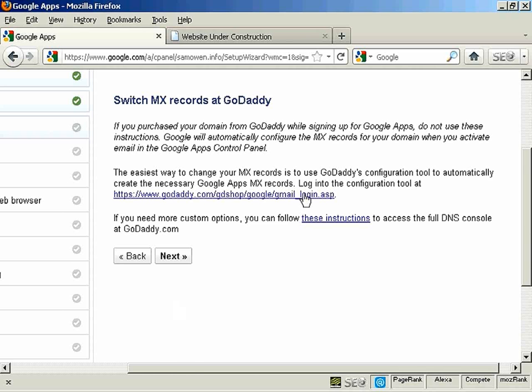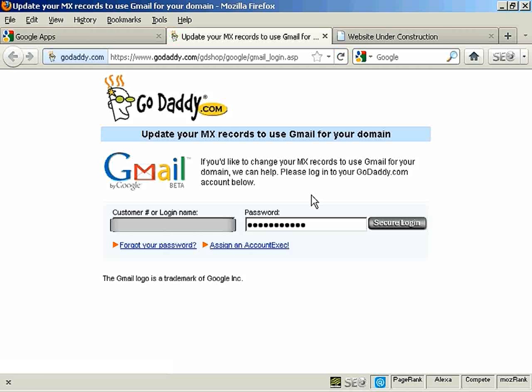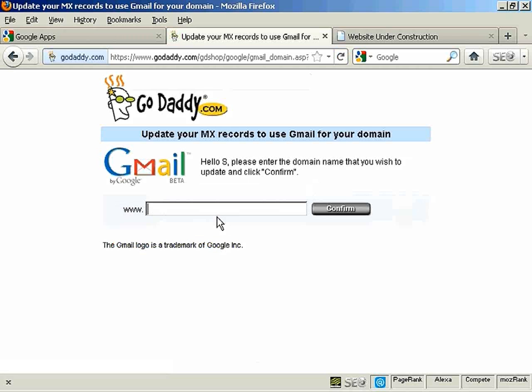So now I need to log into GoDaddy by clicking on this link here, then log in. And then it's asking me to confirm the domain name that I wish to update, so I'm going to enter that in and then click on Confirm,